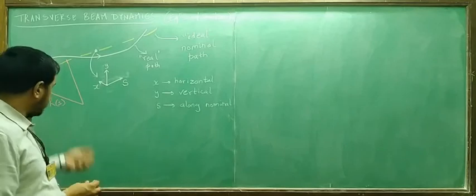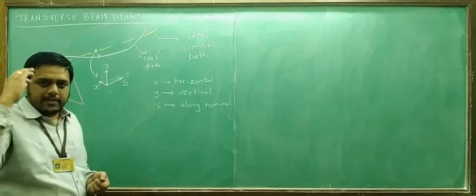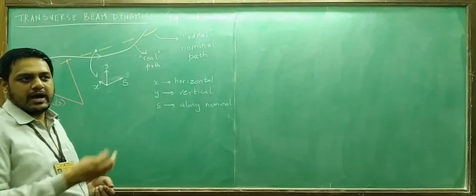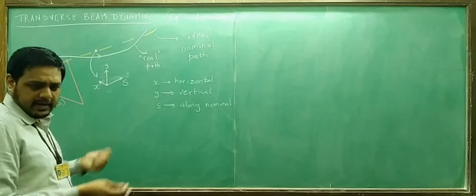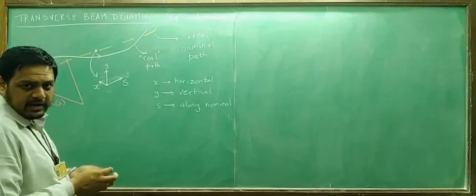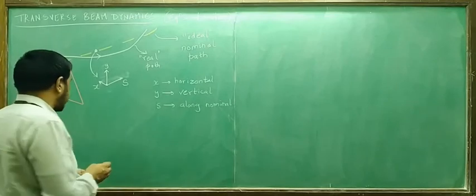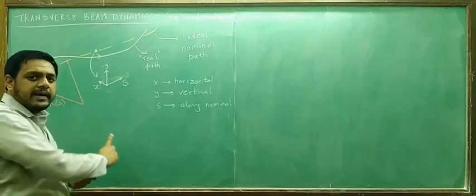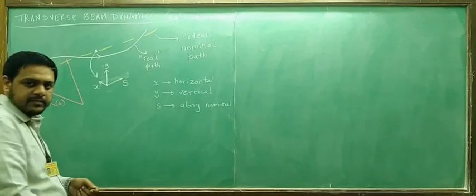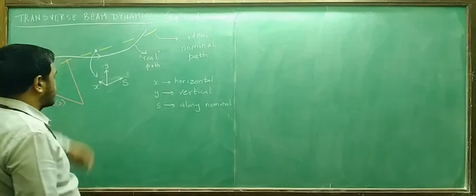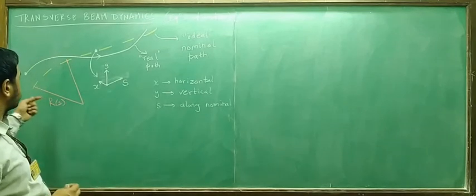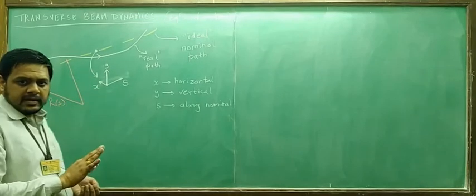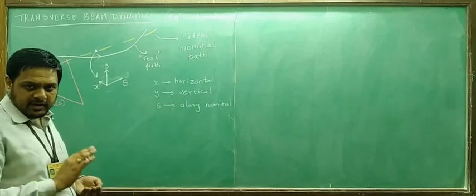This is much easier to understand if you keep a practical example of an accelerator in mind. Otherwise, theoretically it doesn't make sense why r should be a function of s. But we just saw what it means in real terms for the accelerator. So one can have a so-called bending radius at any given point, and one can have an actual trajectory which deviates significantly from the nominal trajectory, as you are seeing over here. This is the basic idea of what we wish to do.